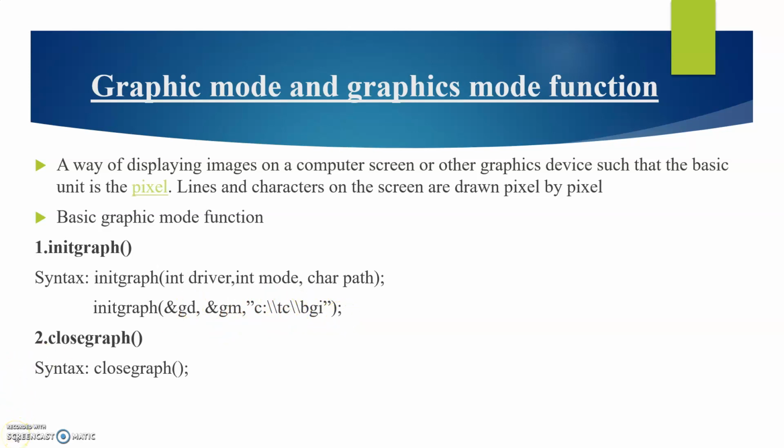The next graphics function is closegraph. Closegraph is used to close graphics mode. When you exit from graphics mode, you should restore the system to the previous display mode. The closegraph function restores the previous display mode. If you do not use this function and still exit from graphics mode, the system gives some undesirable effects such as loss of cursor or odd characters. Syntax is closegraph(), open parenthesis and close parenthesis.